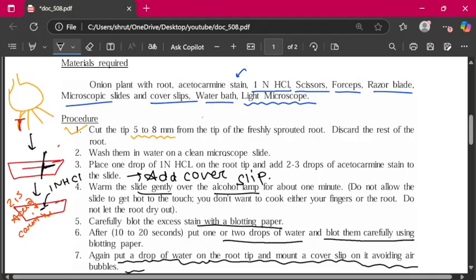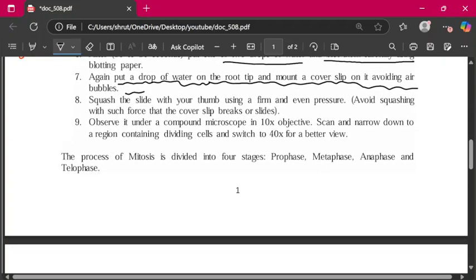I think there is some mistake here in the protocol. You have to squash it also. Okay, now let's read it. Squash the slide with your thumb using a firm and even pressure. So what is squashing? When you put a root here, then a cover slip here, then you have to squash